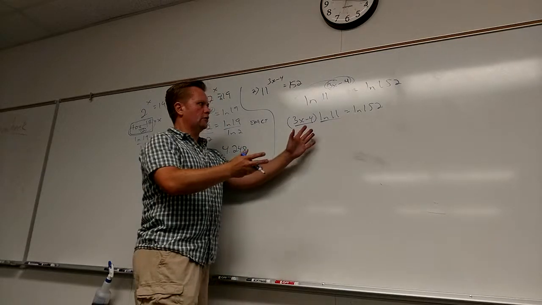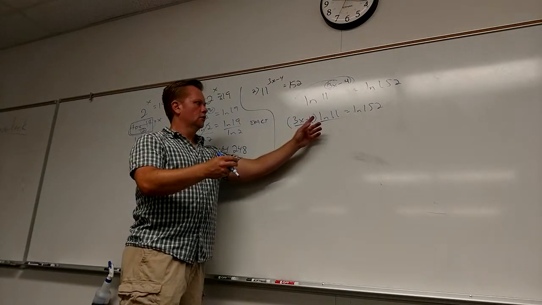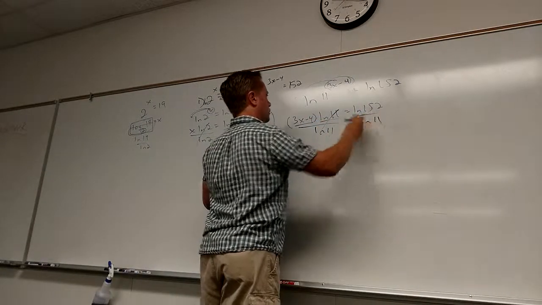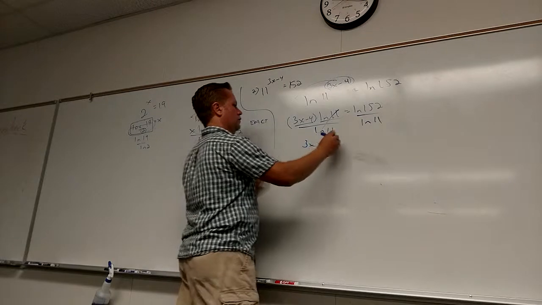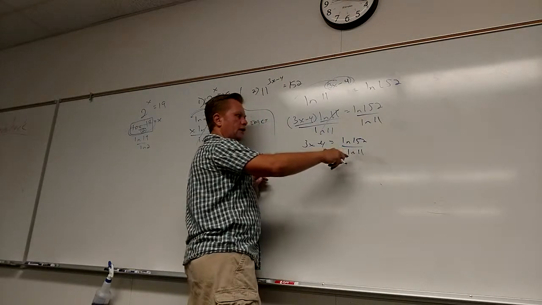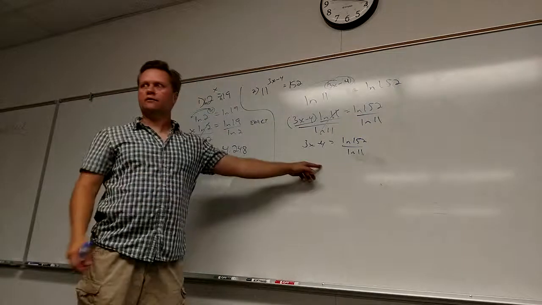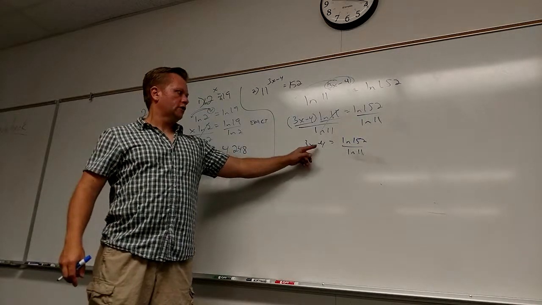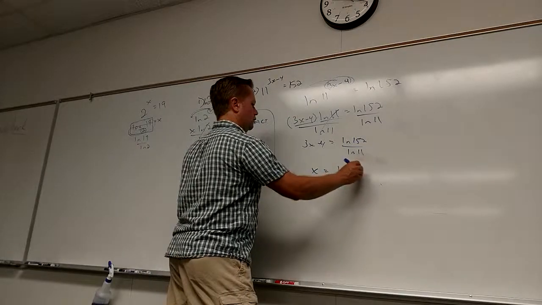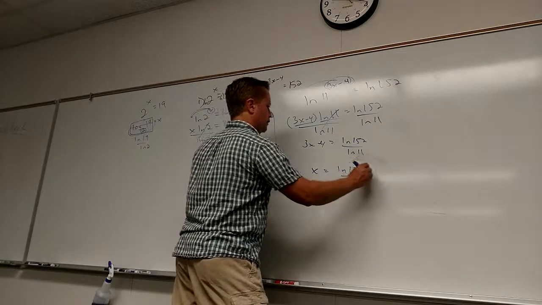And then of course, how do I go from here? Divide by ln of 11. So I get 3x minus 4 equals ln 2 over ln. Now don't throw that in the calculator yet. Have you got the exact answer yet? No, you haven't solved for x yet. How do I solve for x? Add 4. So 152 divided by ln 11 plus 4, and then